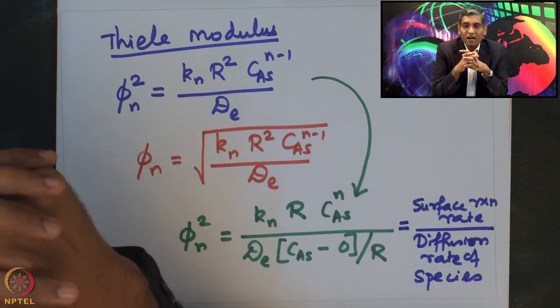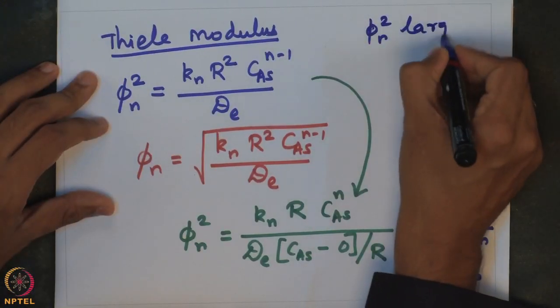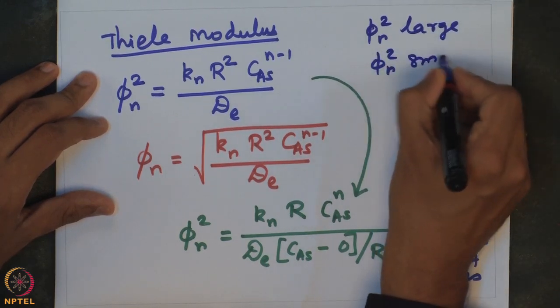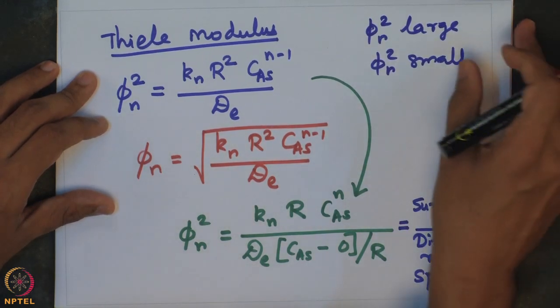If phi square is very large, it means that the diffusion of the species is very small. So if diffusion of species is very small, then one can think of the possibility that the overall reaction rate is essentially controlled by the diffusion of the species, or diffusion rate may be the slowest step in the whole process. So now let us consider the two cases where phi n square is large and phi n square is small. If phi n square is large, then it means that the diffusion rate of the species is very, very small, and therefore,